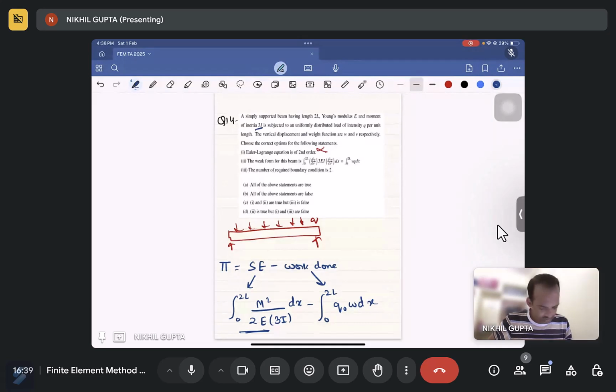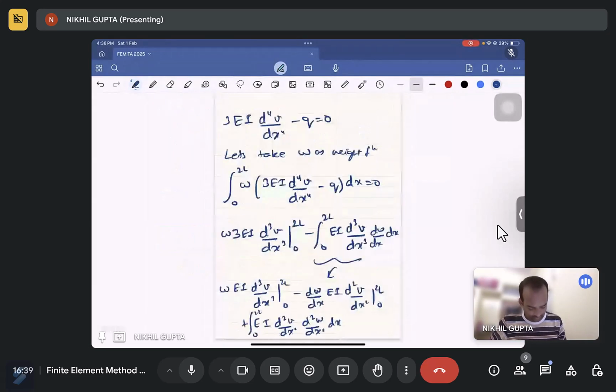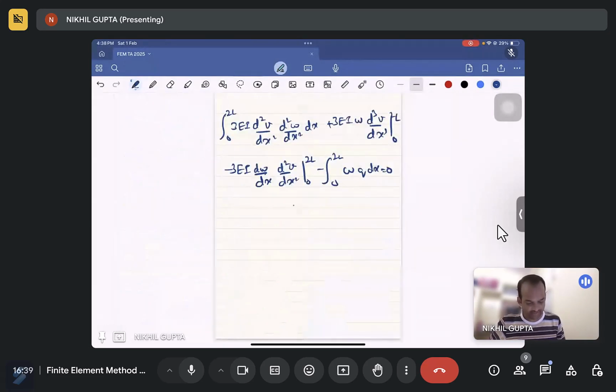The third term should be 0, no? Because it's moment. Moment at the ends is 0. It will be 0, but this is the generalized term I have written. I have not put the boundary conditions here. It's the general term. So when you put it as 0, okay,